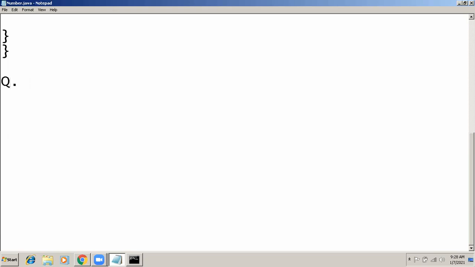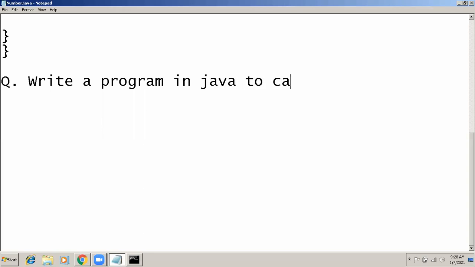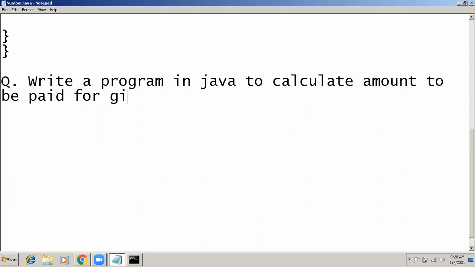The question is: write a program in Java to calculate the amount to be paid, given the number of units consumed.